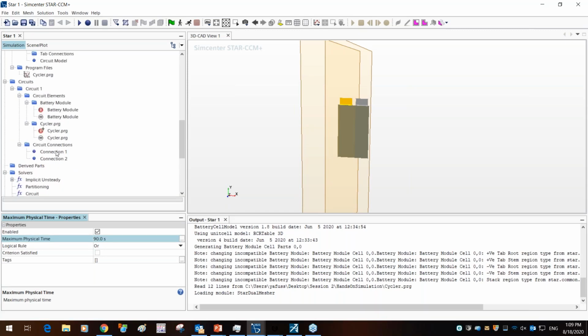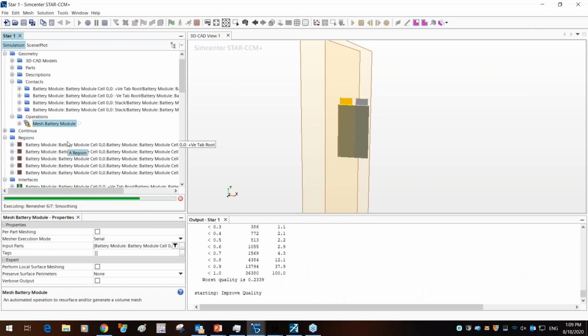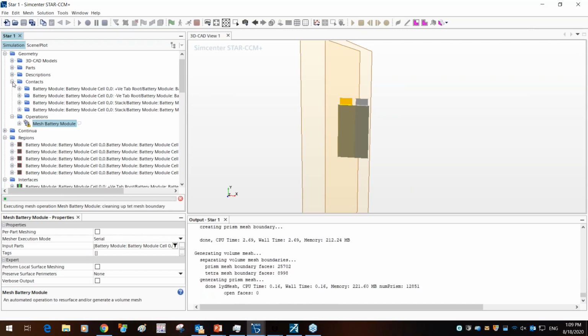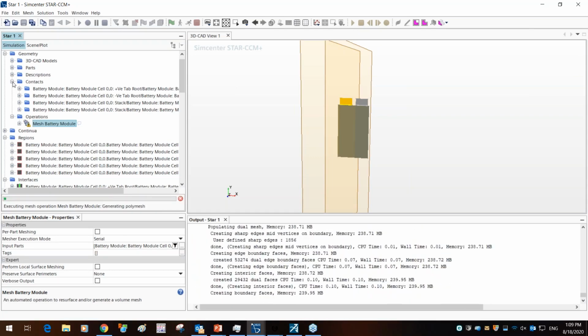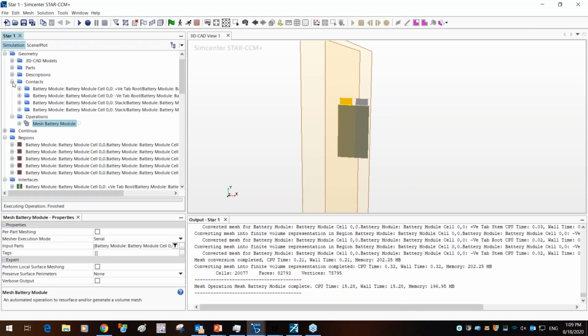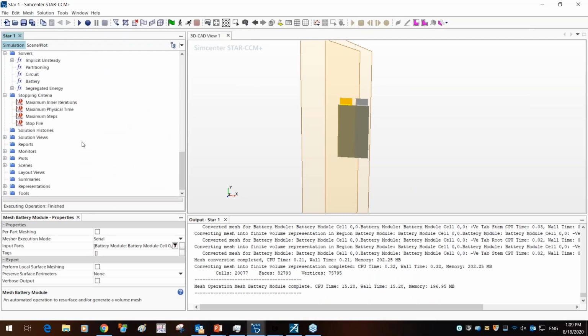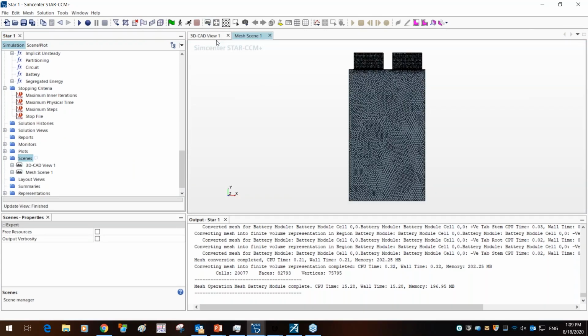Now that we've set up this stopping criteria, what I'd like to do is execute the meshing process. I could have executed it earlier; I just did so in the sequence, but you could have just executed the mesh in the previous step. Once the mesh execution is complete, we'll visualize the mesh that's been generated by this automated workflow. You can always visualize the mesh by creating scenes. Scenes can be generated by right clicking and creating a new scene and creating a mesh scene. This can also be done by this top down menu where you select mesh. Here you're going to create,